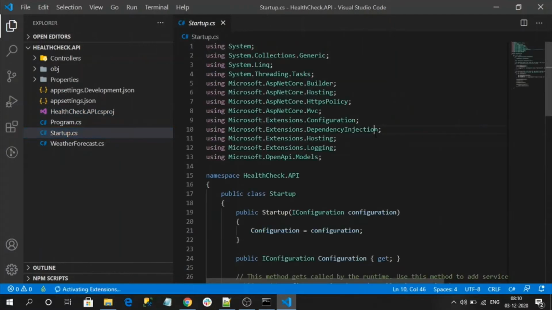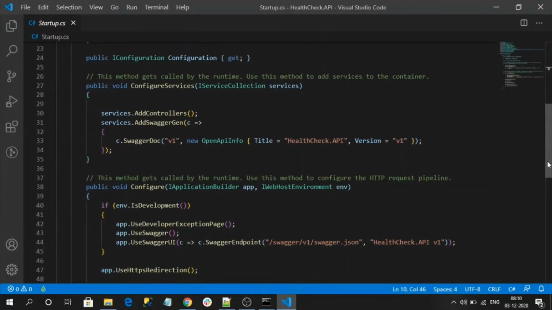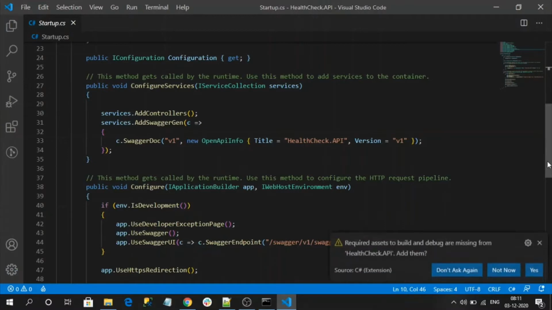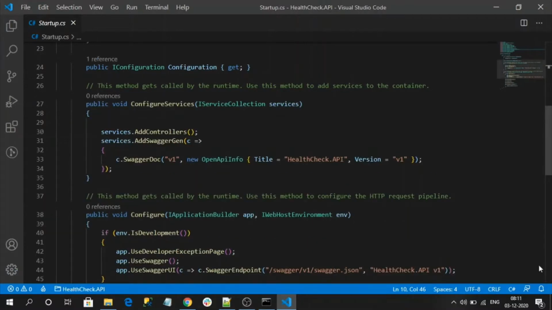So coming to our concept of health checking. As startup steps, we need to register the add health check service and configure one endpoint for our health check report. This endpoint will return the report for our health check.